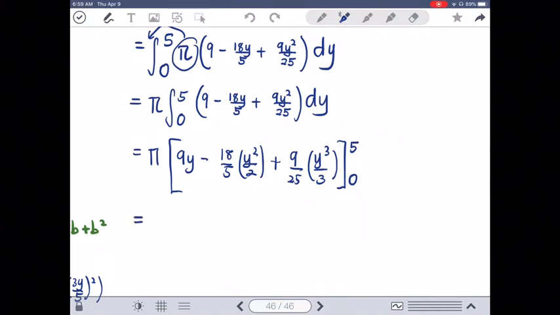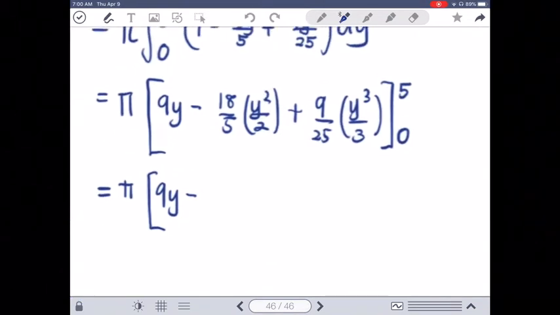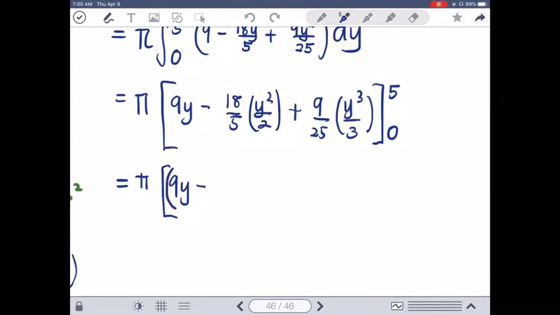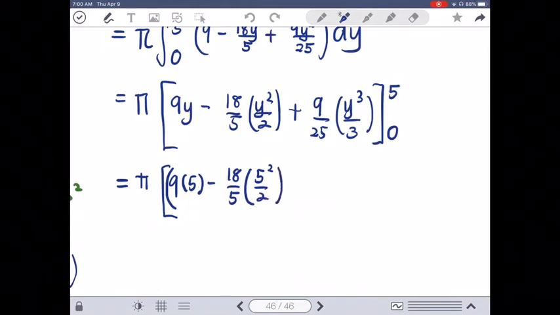So you can simplify if you want to. If you don't want to, then you can just insert the value here and produce the answer. So I think I don't want to simplify, so I will directly insert the value. So we have 9y, instead 9 times 5 minus 18 over 5 times 5 squared over 2 plus 9 over 25 times 5 to the power of 3 over 3 minus, if you look at the whole thing,